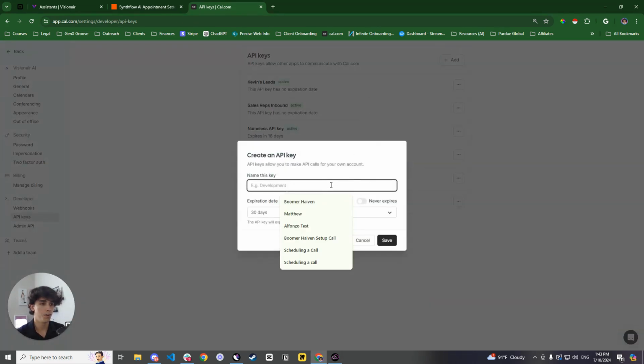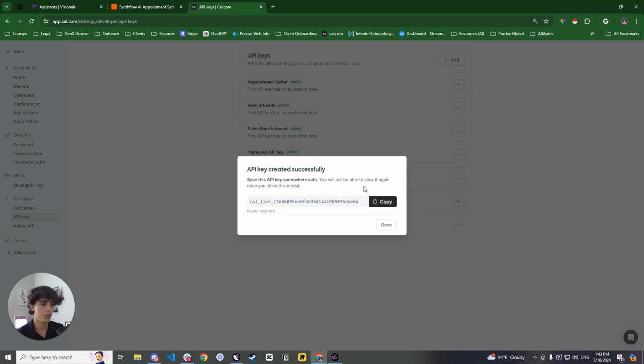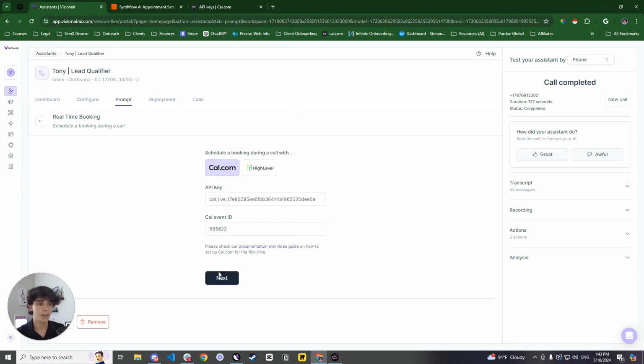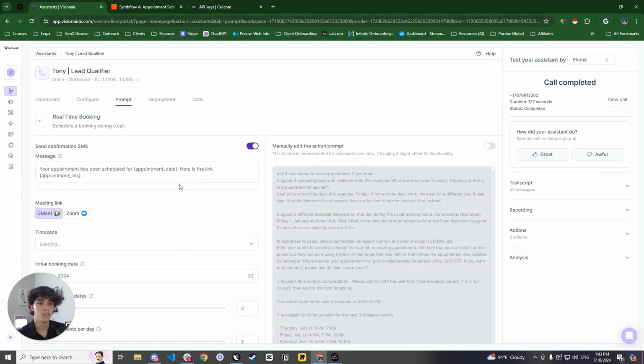You're going to add one, right? Now, make sure it never expires, so that way you don't have to put it again. Copy this, and then you're gonna put it in the API key right here. Then press next. Now, once that happens, it's gonna generate a prompt for you, so that way you're able to